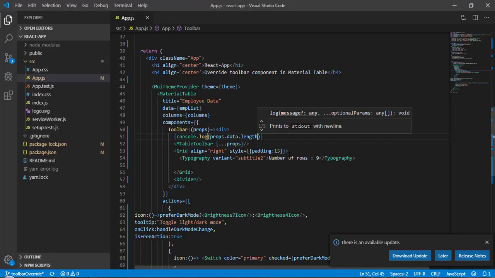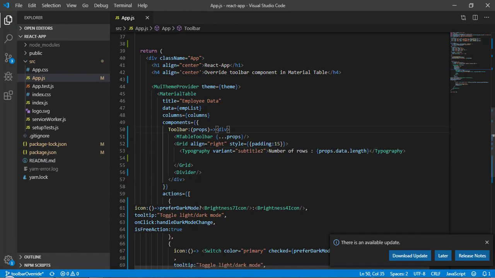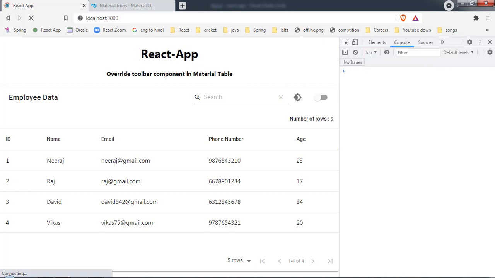Now instead of rendering this 9 over there, we have to render this. So here the curly bracket, paste this one and close the curly bracket. Now we can remove this console log from here. Save it, and let's come back.